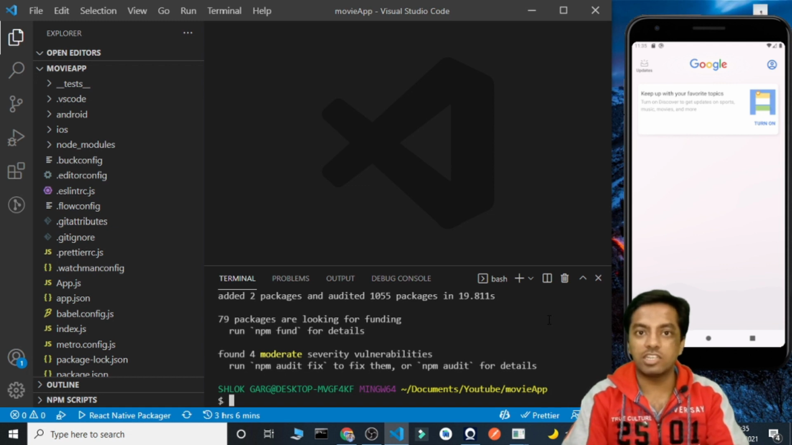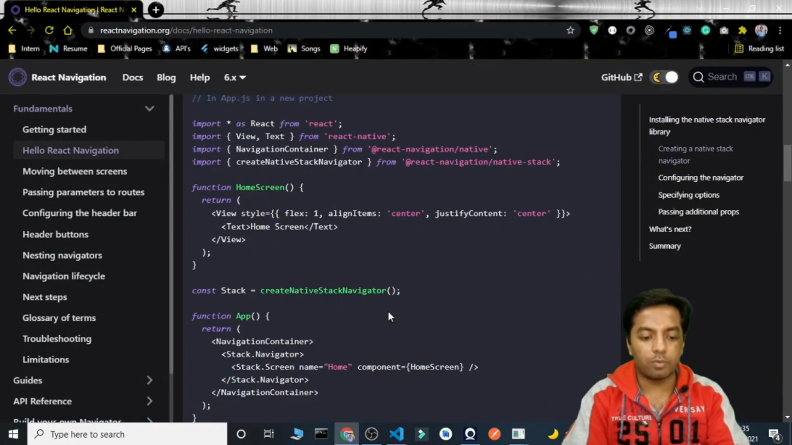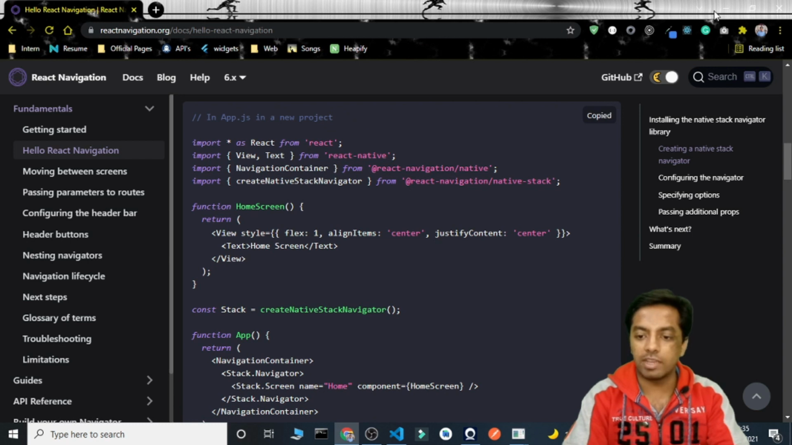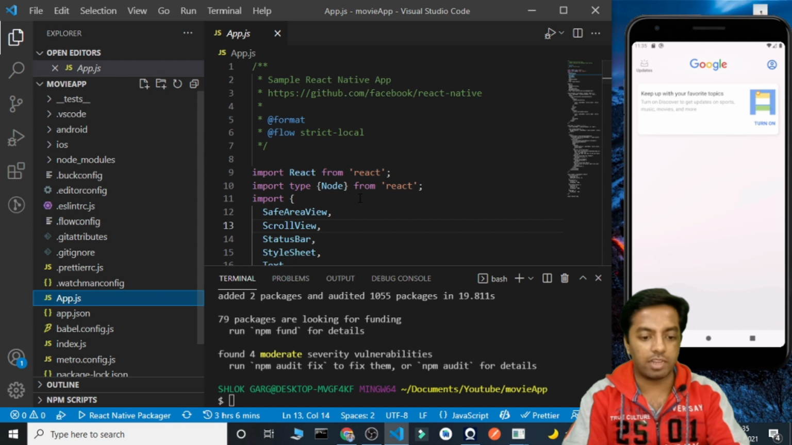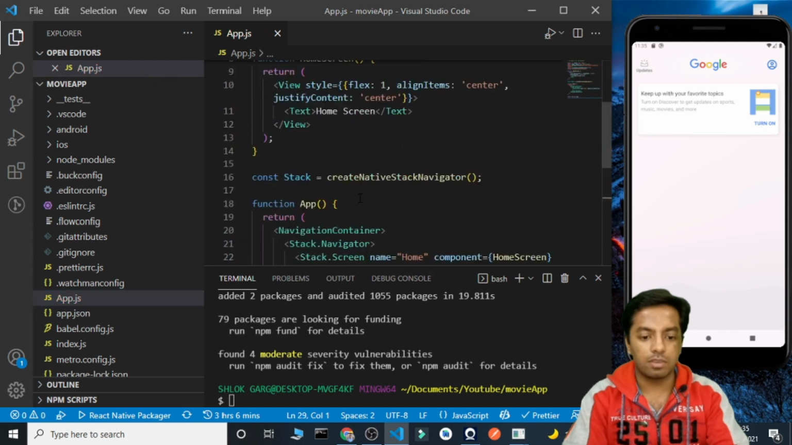so now React Navigation is completely set up. Next, we'll copy this code snippet and paste it inside our App.js file. So I'll select this and paste it here. Okay. Next, we need to install